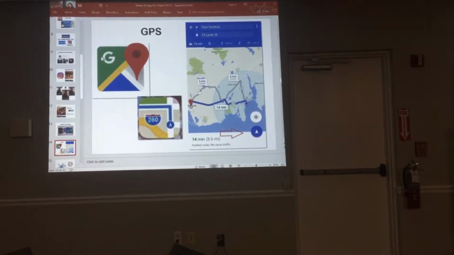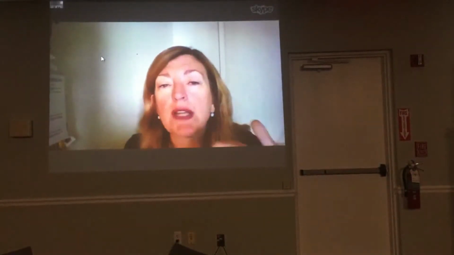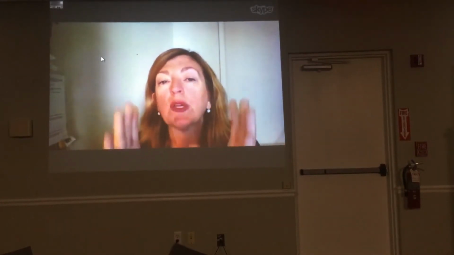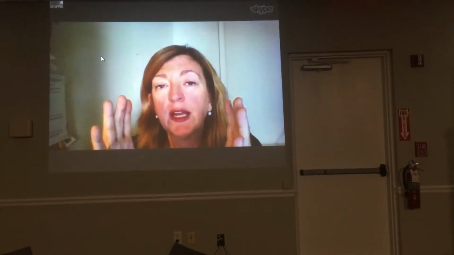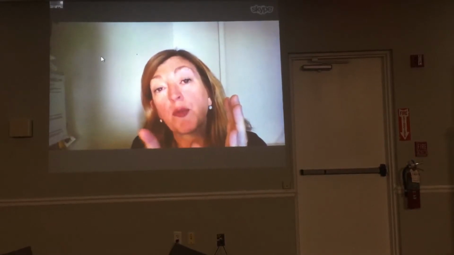So you see where I typed in that red arrow? That red arrow is pointing to the blue circle with the white arrow pointing up. My next step is I put in where I started, I put in where I want to go to, it shows me the choice of routes, I decide if I'm walking, riding a bike, or taking a taxi. When I press on that blue circle, the map will actually come up on the screen and it will start to follow my progress.